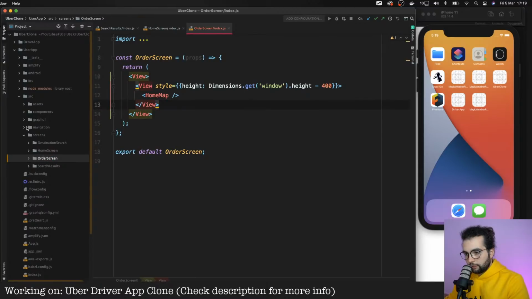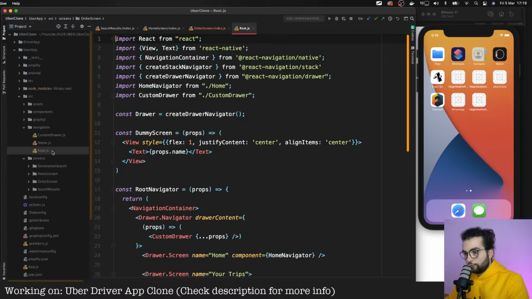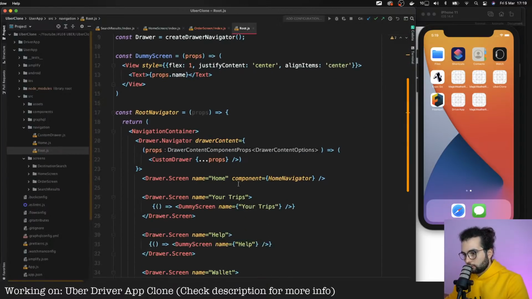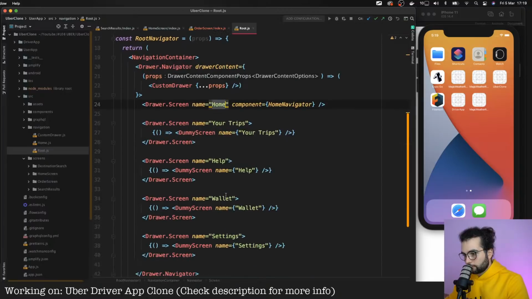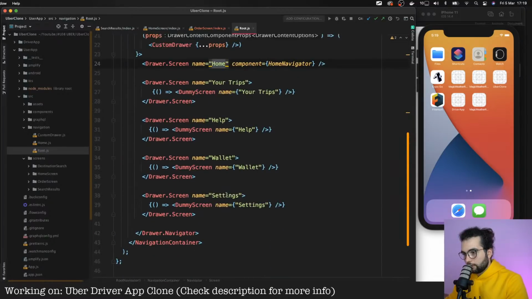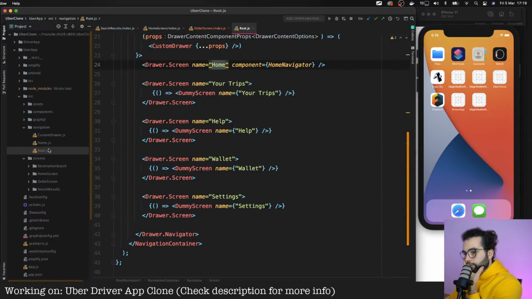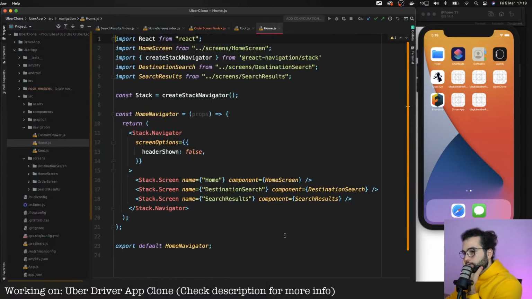Then in the navigation, in the root, right? Home, your trips. Yeah, where should we put it? In the home? Custom drawer, no. Home, what do we have here? Home, destination search, search results.